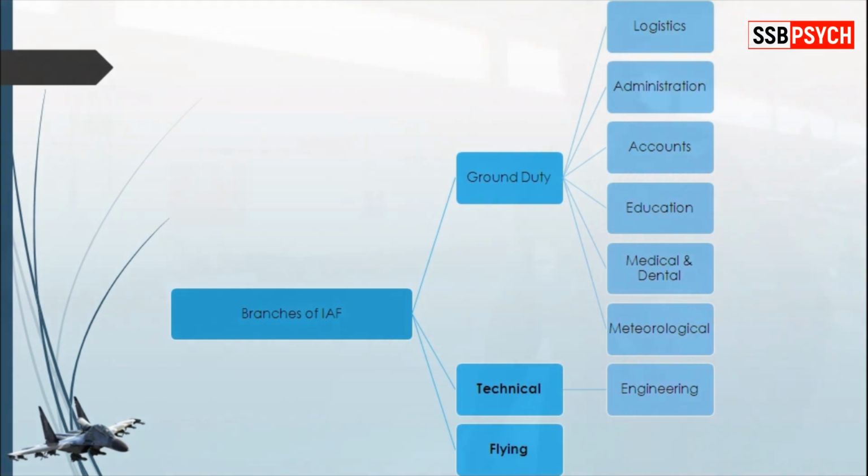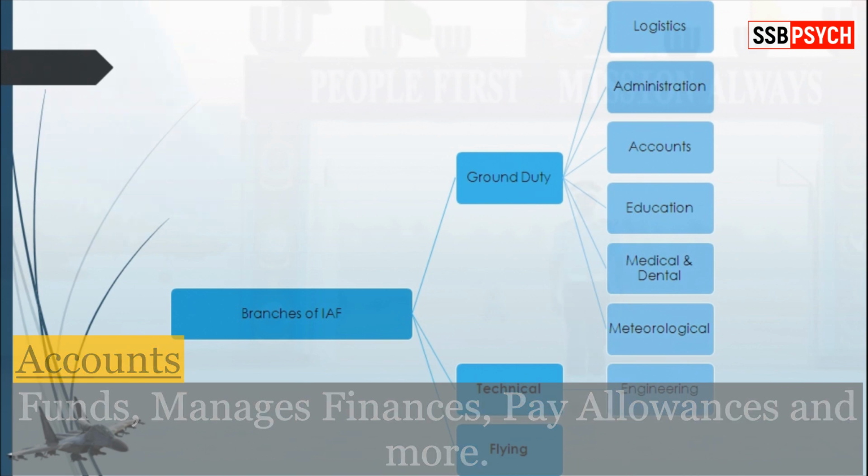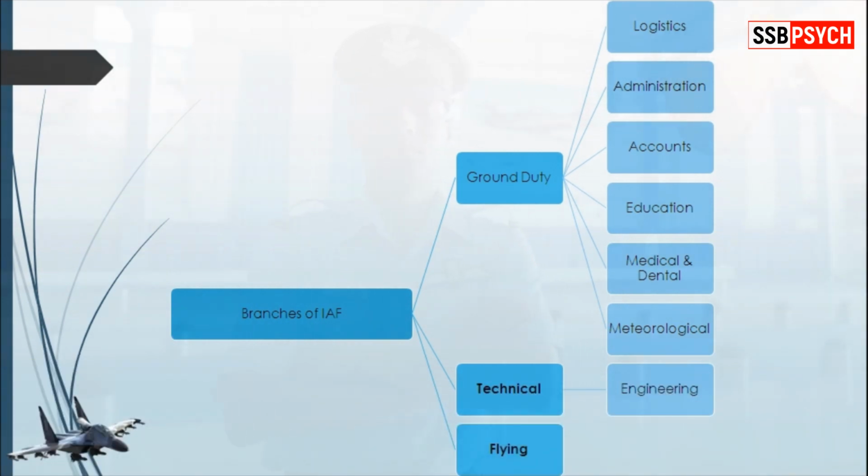Coming to accounts, as the name suggests, it basically functions to fund and manage the finance controllers, for pay, allowance, supervision, and many more such things. Everything related to finance, basically, isn't it? Coming to education, as the name suggests, all the instructors present to deliver lectures, etc., come under education. The medical field consists of medical and dental. Meteorological basically predicts the weather and climate changes, which affects flying and other subsequent activities of the